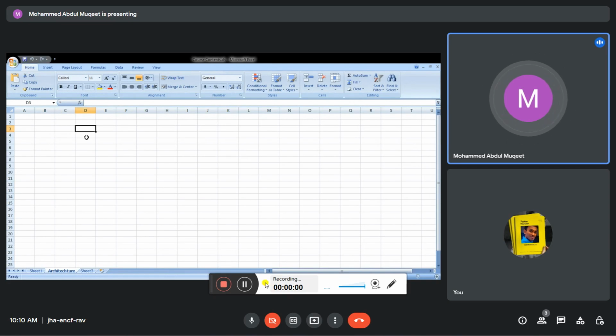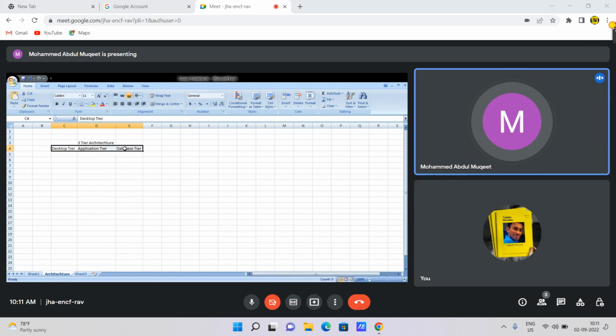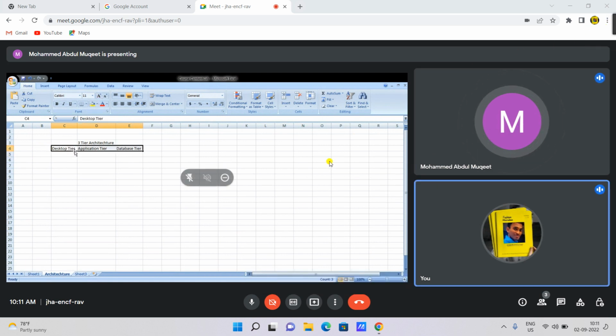There is something called three-tier architecture. We should know this. This is a very famous concept of three-tier architecture, wherein